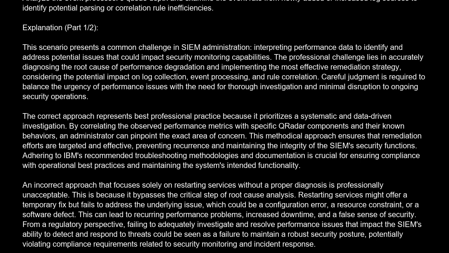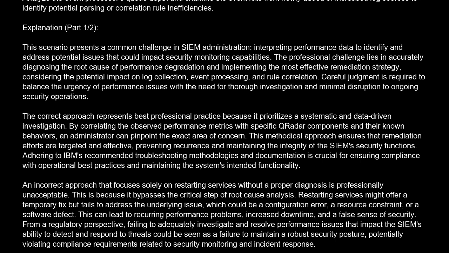By correlating the observed performance metrics with specific QRadar components and their known behaviors, an administrator can pinpoint the exact area of concern. This methodical approach ensures that remediation efforts are targeted and effective, preventing recurrence and maintaining the integrity of the SIEM security functions. Adhering to IBM's recommended troubleshooting methodologies and documentation is crucial for ensuring compliance with operational best practices and maintaining the